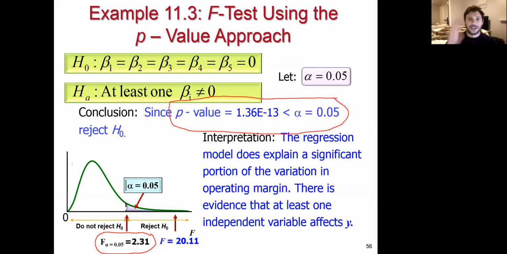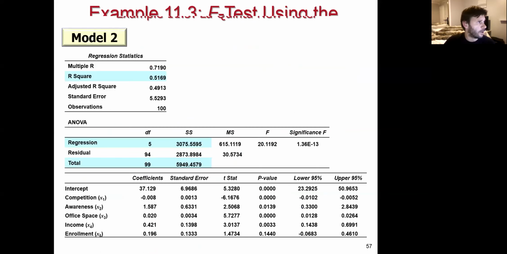Now, I want to backtrack just a little bit on some material we talked about in the last segment, which was the R-squared metric, which was a goodness of fit metric. It explains the percentage of variation in the Y variable that is explained by the variation in the X variables. Okay, so let's go ahead and look back at the Model 2 data again. Find our R-squared here. Our R-squared metric is highlighted in